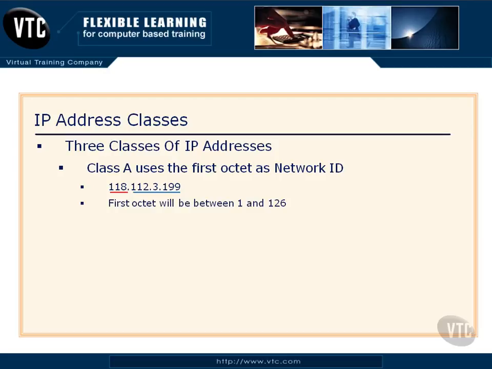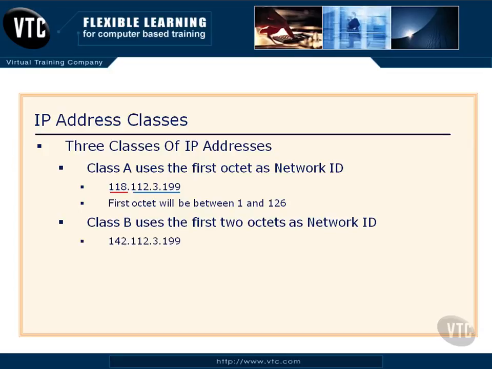Okay, that first octet, that's 118 in my example here, will always be between 1 and 126. So anytime you see an IP address that begins with a number between 1 and 126, you're looking at a Class A address. Okay, Class B uses the first 2 octets as a network ID, and so for example 142.112.3.199 uses the first 2 octets, 142.112, as the network ID. The last 2, 3.199, would be the host ID in this example, and the first octet will be between 128